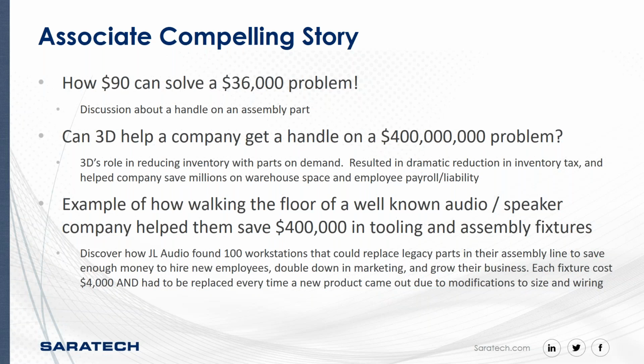And so in this particular case, on the very first area we went, there was basically an assembly line that had 100 workstations. As we started looking at that and asking questions and trying to better understand what they were doing there, one thing that really bubbled up was each one of the assembly areas had a machined piece of aluminum that cost $4,000 that they used to put all the wiring through and everything like that for the speaker to put it all together. And ultimately, when you do the math, that's $400,000 in tooling and fixtures and whatnot,